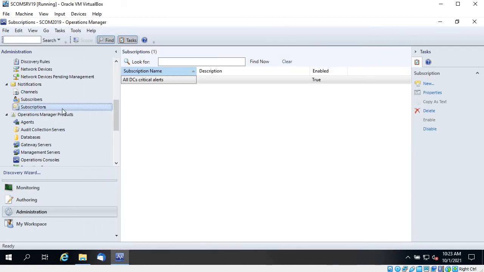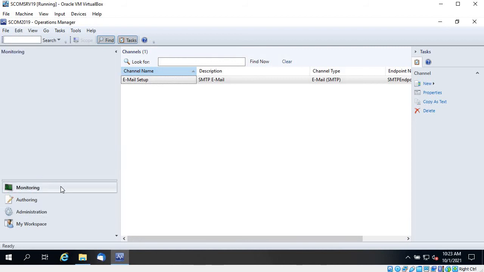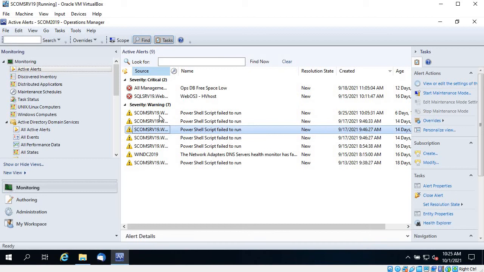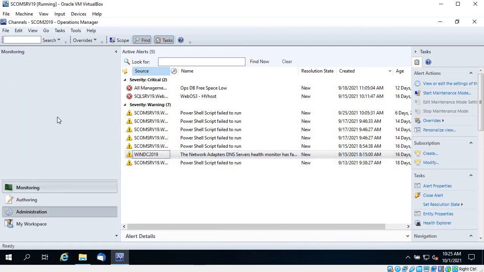So now we have successfully set up a notification for DC critical alerts, and that is going to be sent by email. Right now, if I go to monitoring, there are no critical alerts for DCs, but there are a few alerts in warning state. There is one warning alert for DC. So let's go and change that